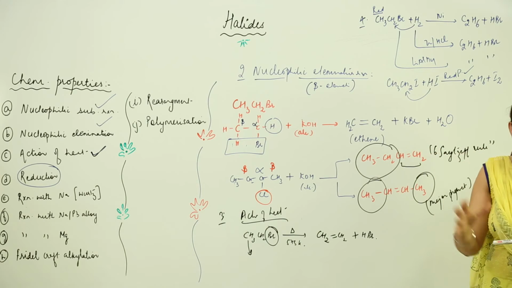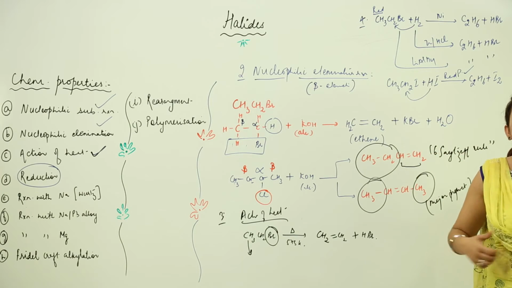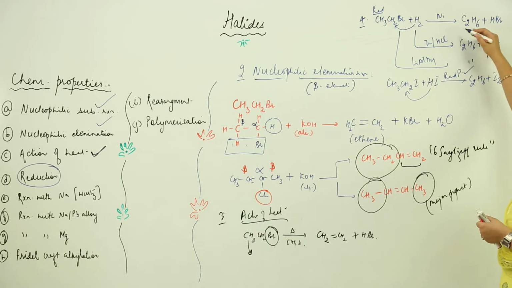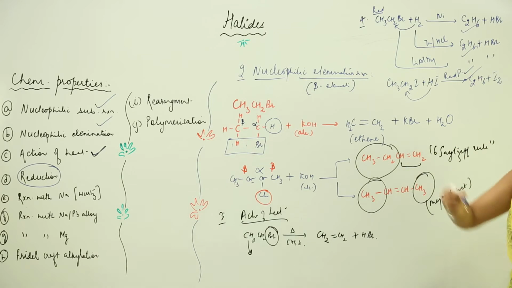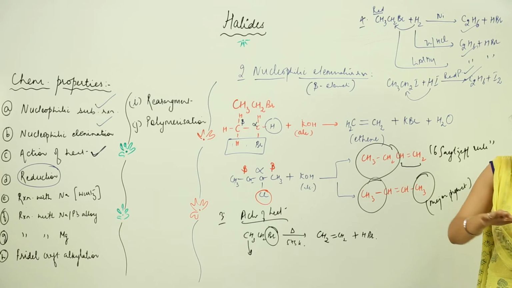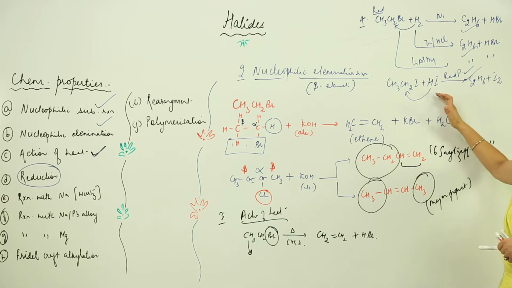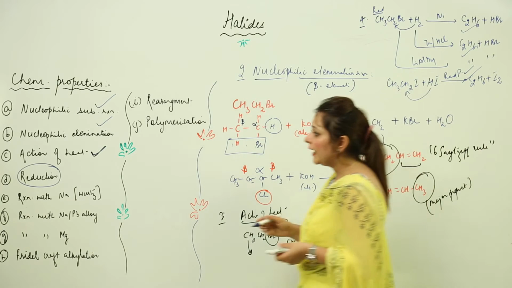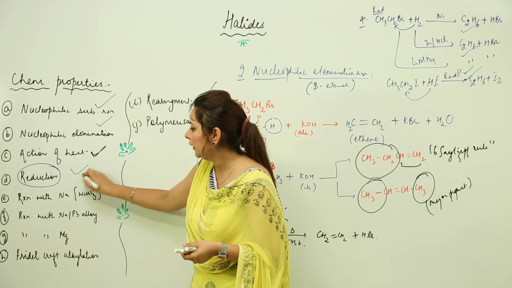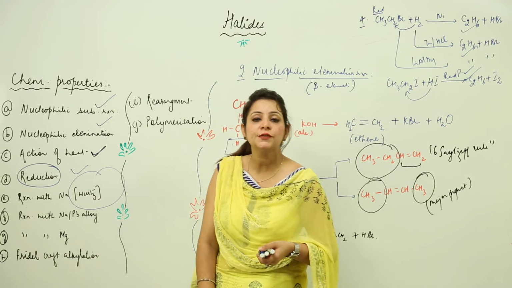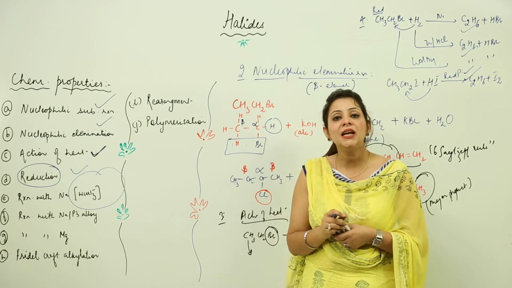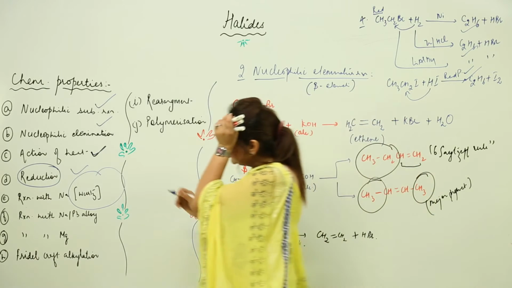That means you can carry out the reduction of the halides, and what you get after that is a pure alkane, because when you add hydrogen to haloalkanes, it turns into an alkane. So this is the reduction. Next is the reaction with sodium, and this is an important reaction because we have already done it as a property in alkanes also. So what happens in this case?